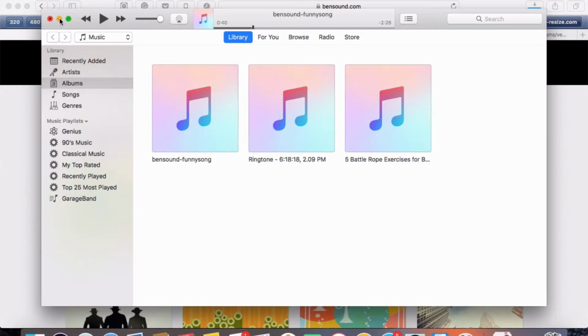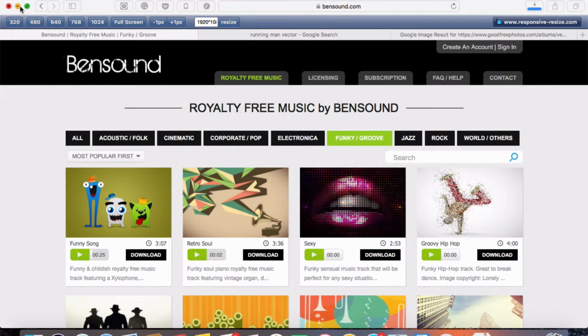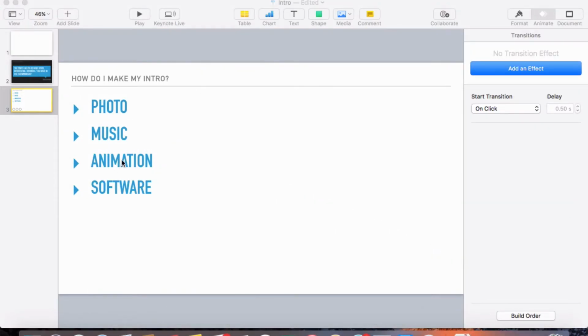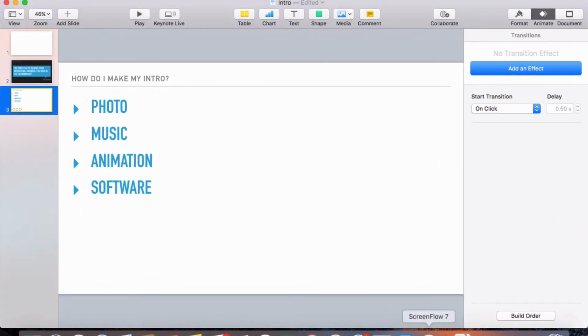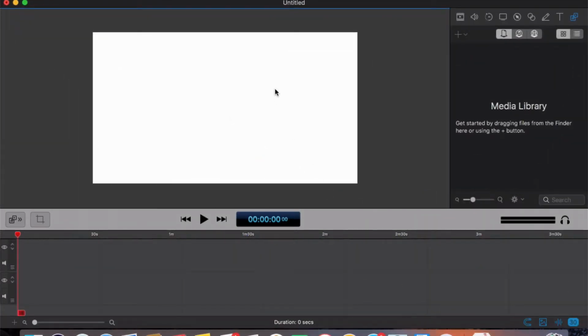So there's my music. So now we've got our photo, we've got our music, and now we're going to add some animation here. And we're going to tie it together with the software as well. So we're going to jump over here to Screenflow. And you can use Camtasia if you're a Windows person, but today I'm going to teach you how to do it through Screenflow. So first things first, you're going to want to get your photo